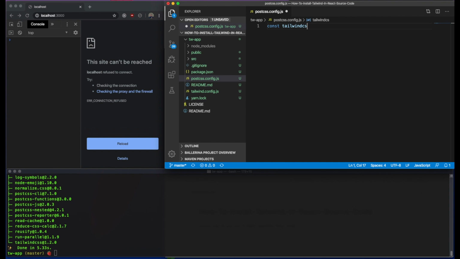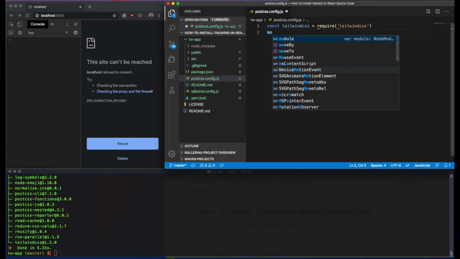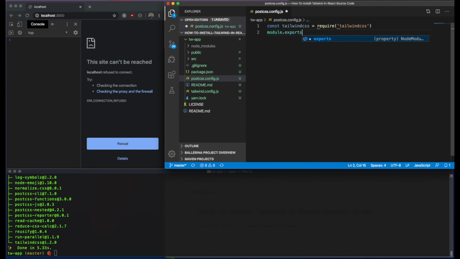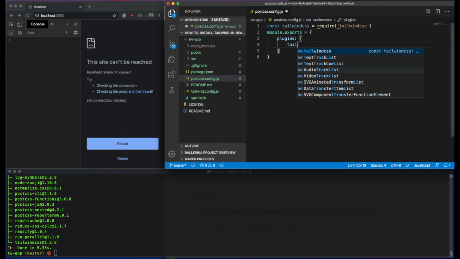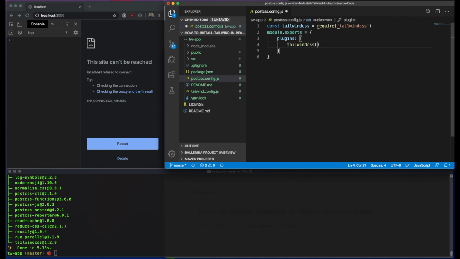I'm just going to make a constant called tailwindcss, and we're going to require this library, tailwindcss. And then I'm going to say module.exports is just an object with plugins, and this tailwindcss constant we created is actually a function, and we're going to pass it the name of